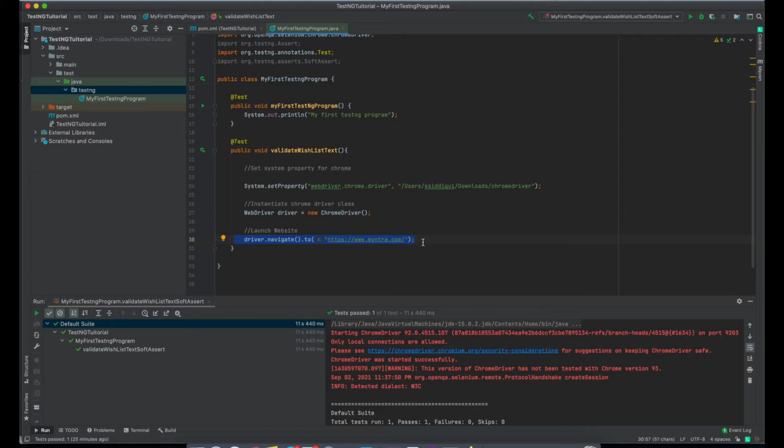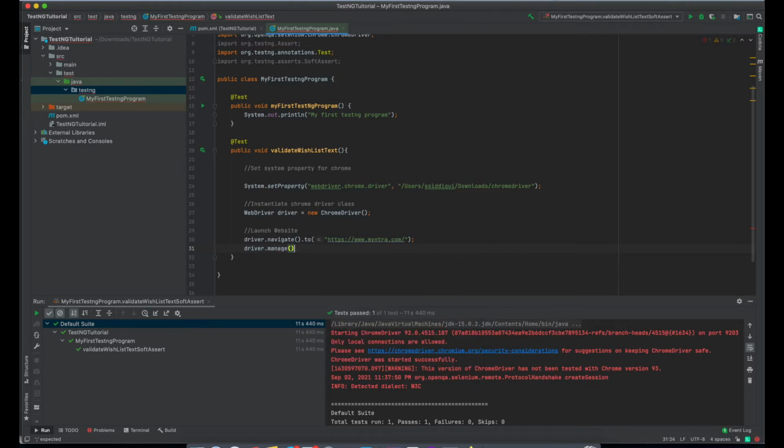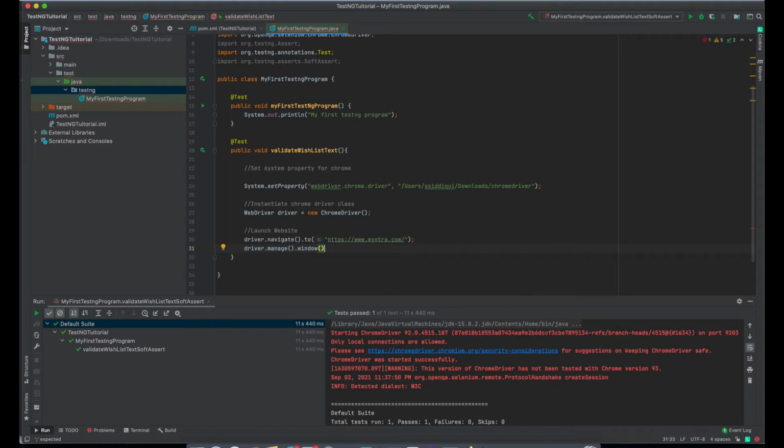Now I will just maximize the window. Everything will be done with driver. Driver is one of the most important elements in our Selenium or Appium automation. How are we going to maximize? By manage().window().maximize() method.